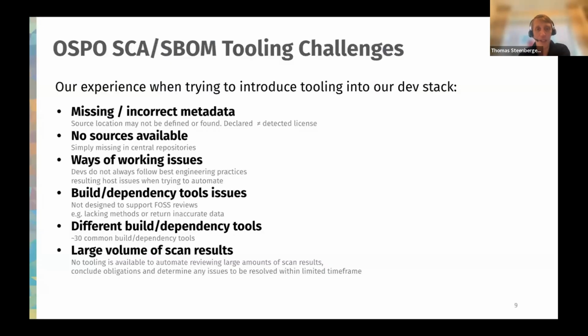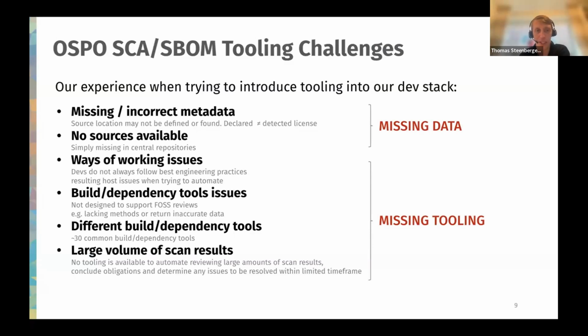But then we figured out, whilst we were testing our initial ideas and building a prototype, we already found lots and lots of issues that really come down to missing data and missing tooling. So open source, because it's free, doesn't mean it's perfect. You get what you're given. So yeah,